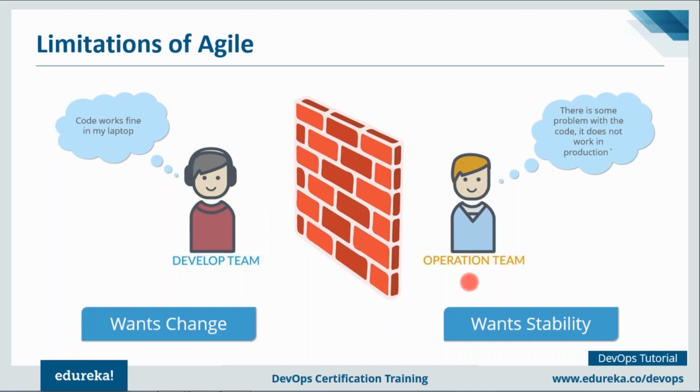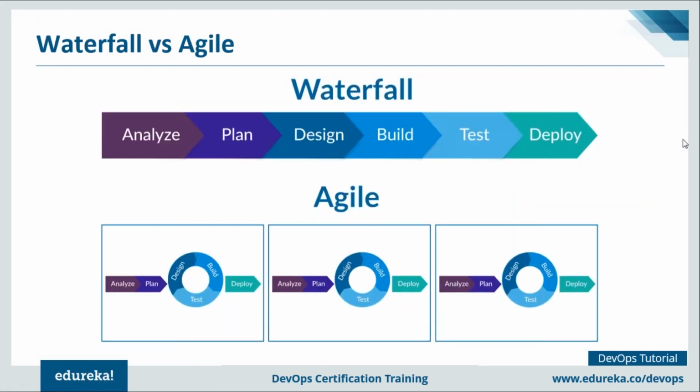So agile methodology made the dev part of the company pretty agile, but the ops side of the company needed some solution to solve the problem I've just discussed. I hope you are able to understand what kind of problem I'm focusing on. If you go back to the previous diagram, only the design, build, and test, or you can say development, building, and testing part, is continuous, right? The deployment is still linear. You need to deploy it manually onto the various prod servers. That's what was happening in the agile methodology.